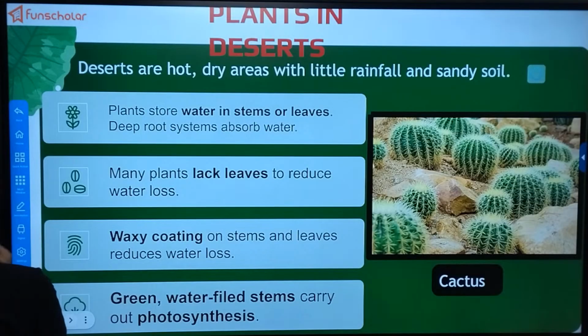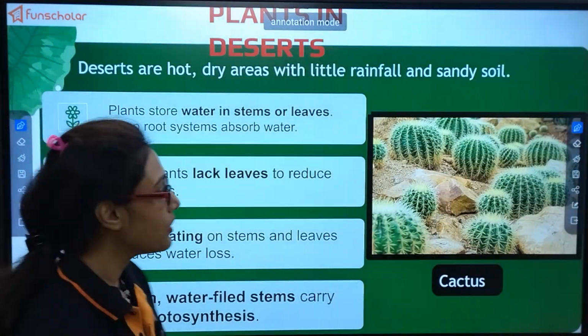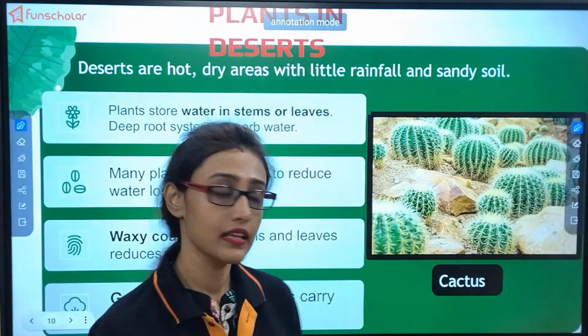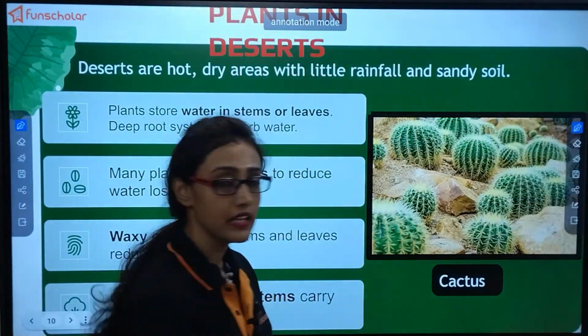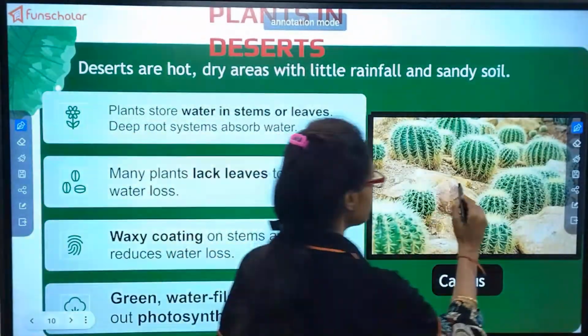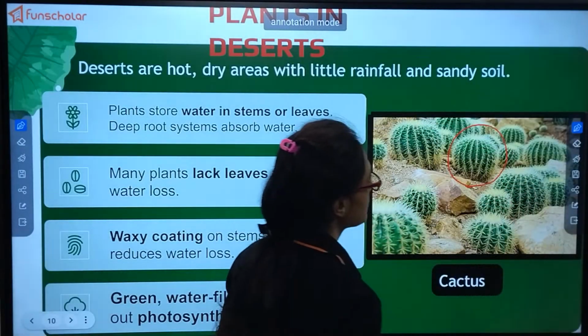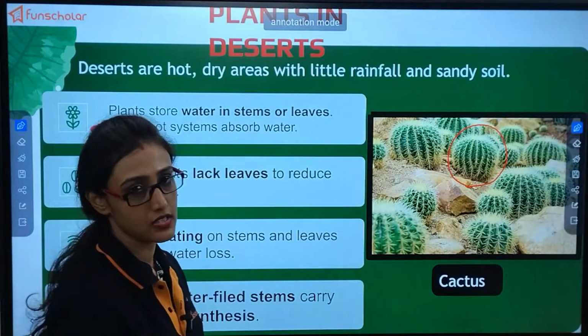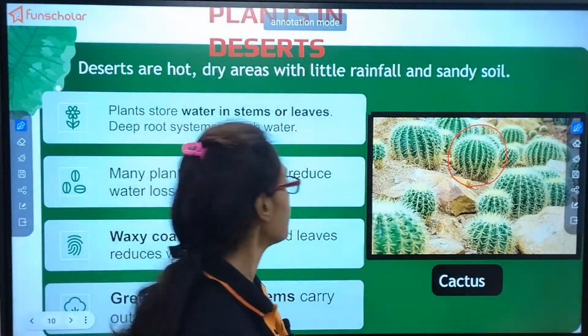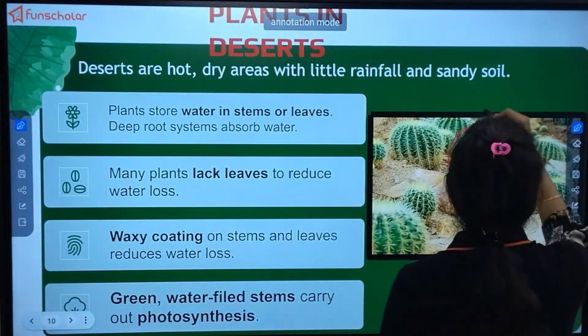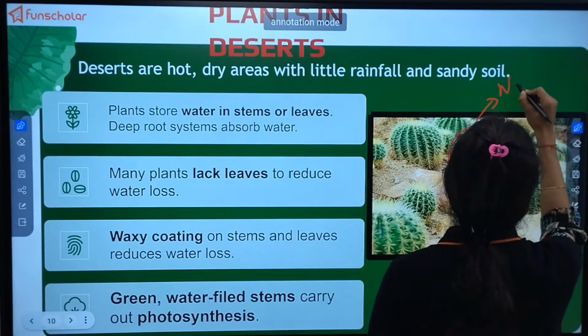Now plants of desert. How do they survive in such arid places? Now look at the plant first. Can you see any leaves? Can you see any branches? No, you can't see. They have no leaves,